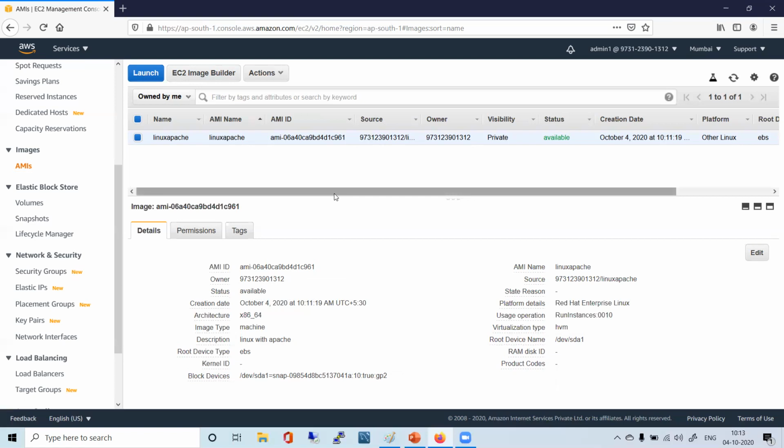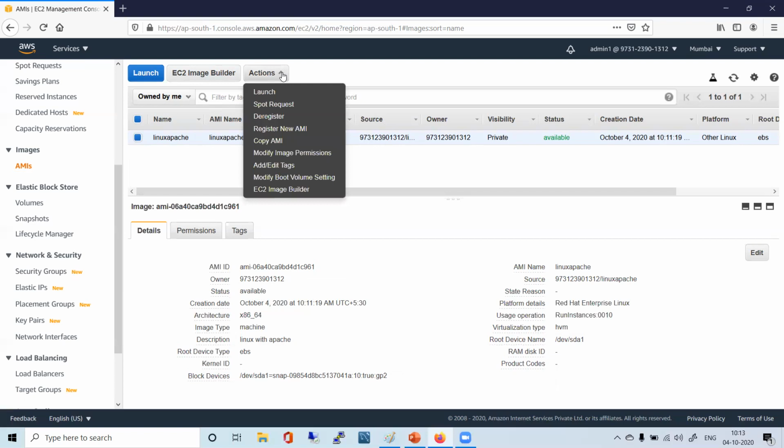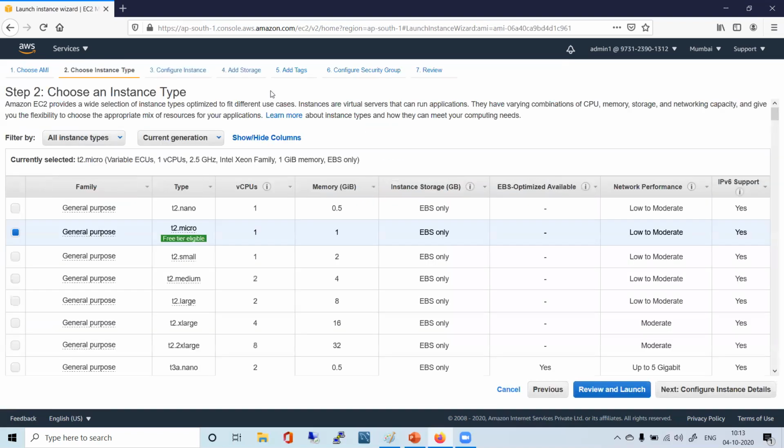Now here, this particular AMI, if you select, you go to the action menu and you click on launch. Just click on launch, select that AMI, click on launch. What do you see? Have you seen this screen earlier any time?